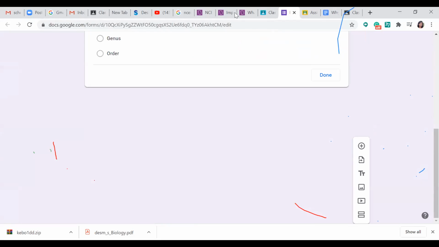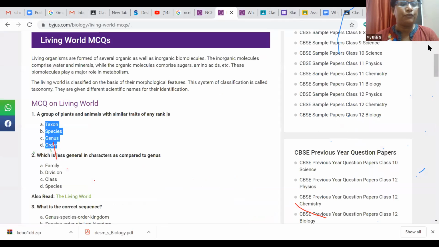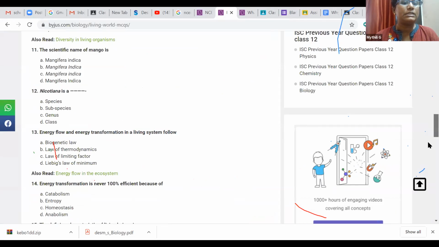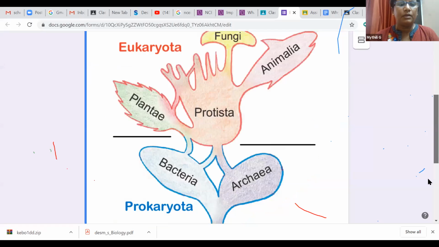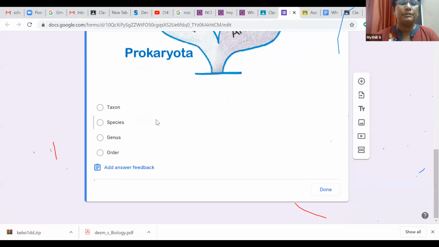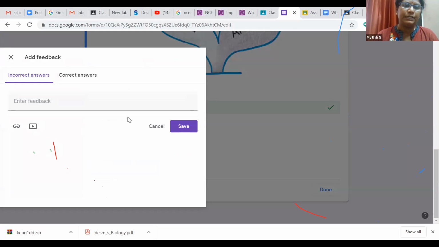So for question one, the answer will be A. I will put A as the answer key. And you can add feedback for an incorrect answer.